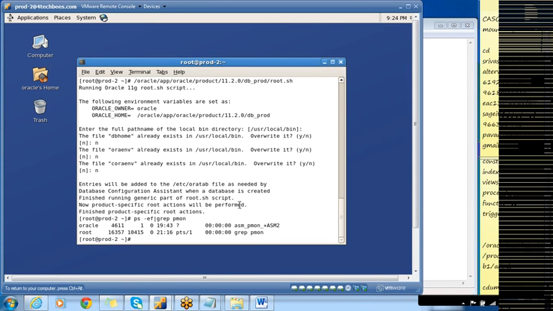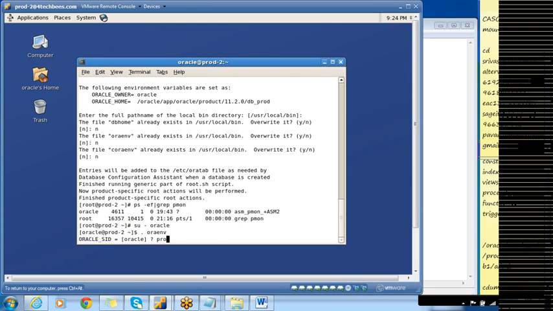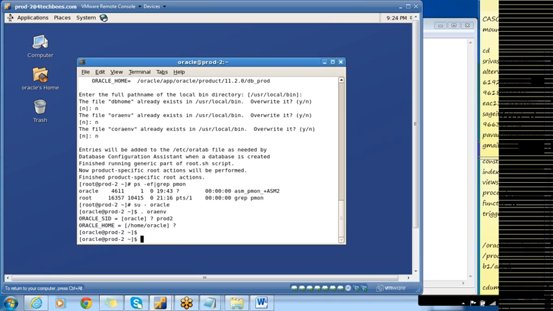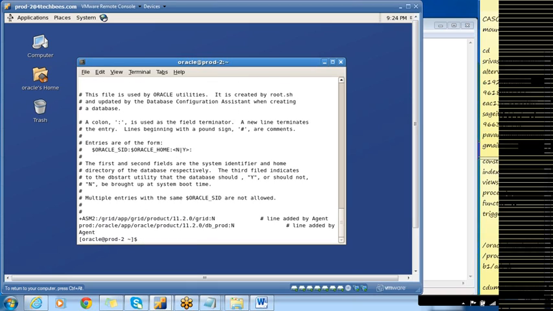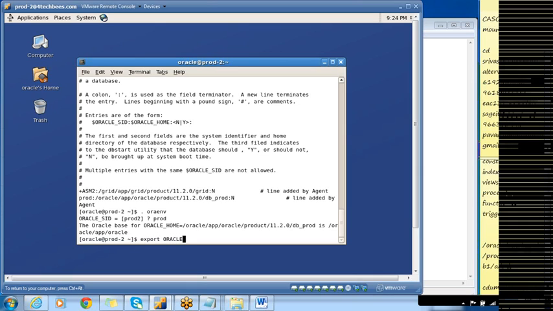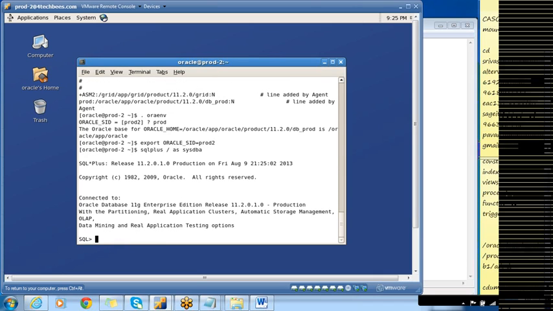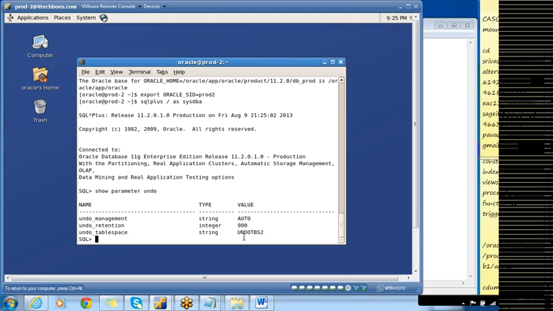If I go on to node 2, you can see a different undo tablespace here.